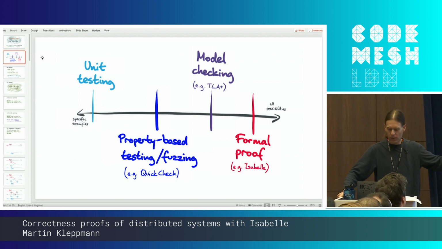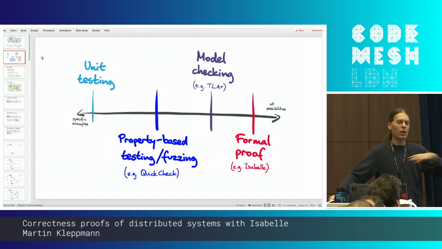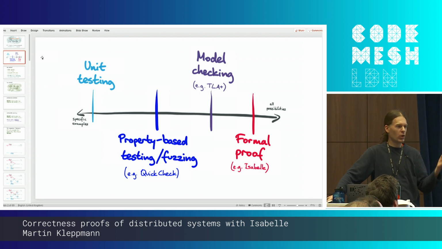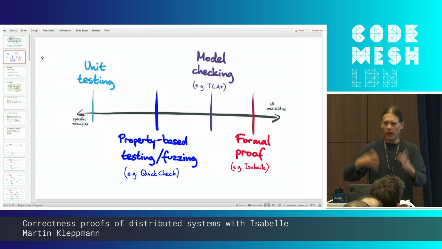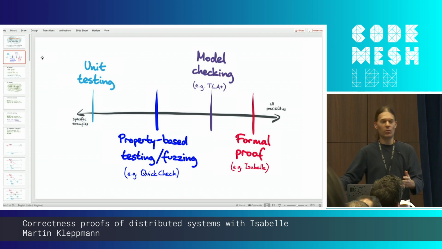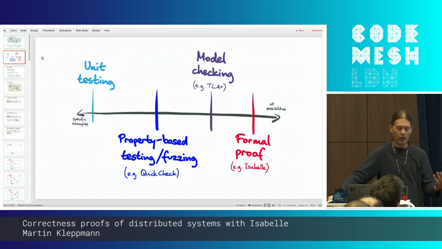So at the left-hand extreme of this spectrum, you can write some tests which feed some defined inputs into your program and then check the outputs and see whether those outputs are what you expected. This is all very familiar. The problem with it being only that your tests are limited to whatever example inputs you dreamed up. And so if the bug only manifests itself with some inputs that you didn't think of, then of course your